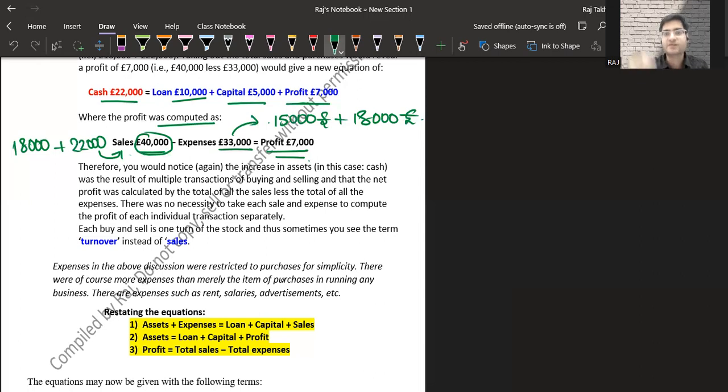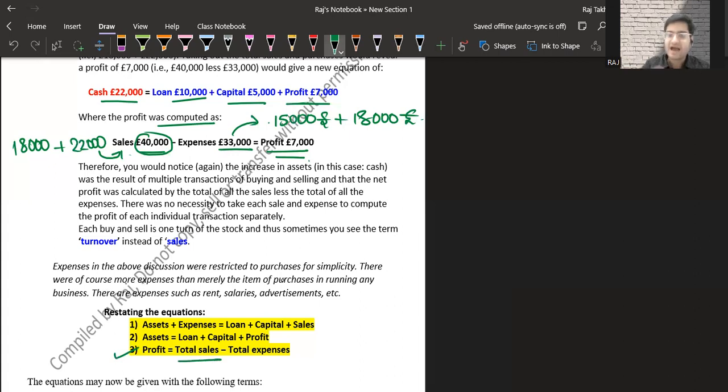Yes, so I can develop a new equation which says assets is equal to liabilities, and liabilities can be further explained into the internal liability, which is capital, the external liability, which is bank loan in this case, and one more additional part, which is the reserve, or the profits that the business is earning, and those profits are again to be surrendered back to the businessman. So I can say assets is equal to loan plus capital plus profit. And similarly, if I want to calculate profit, I can say that the profit can be calculated by